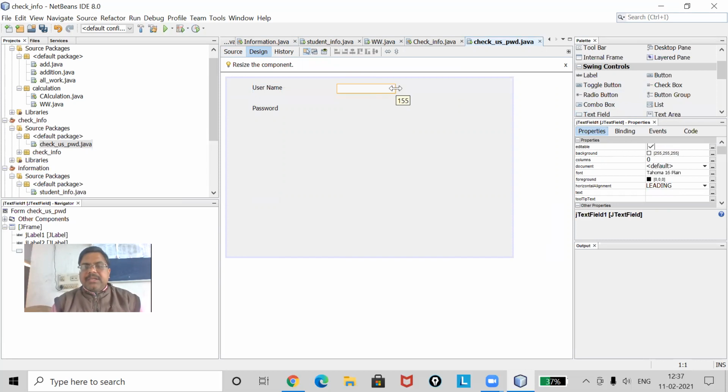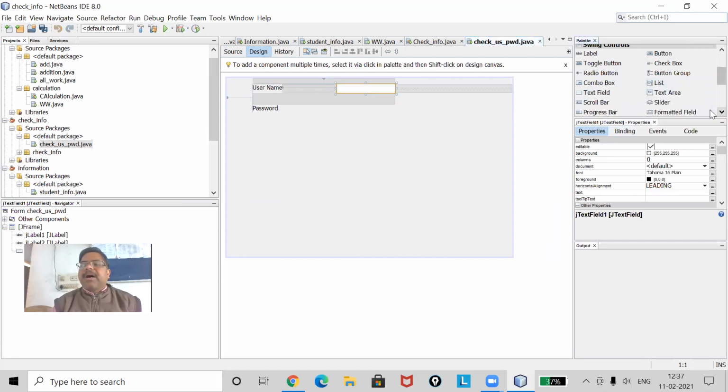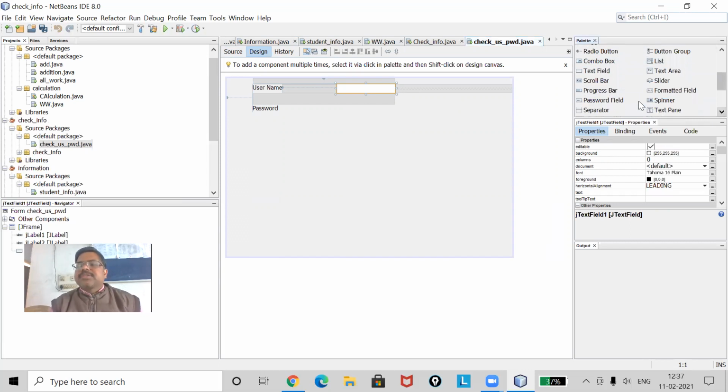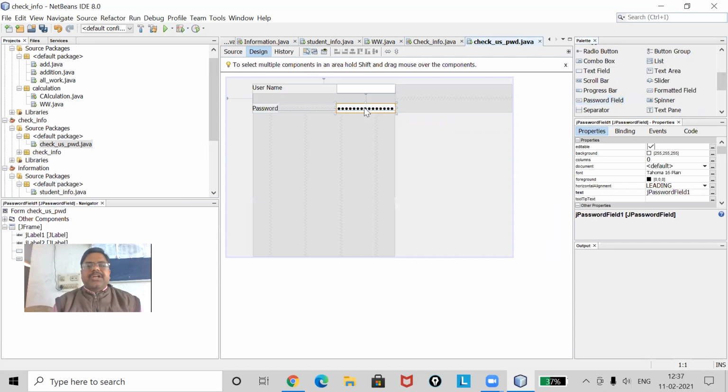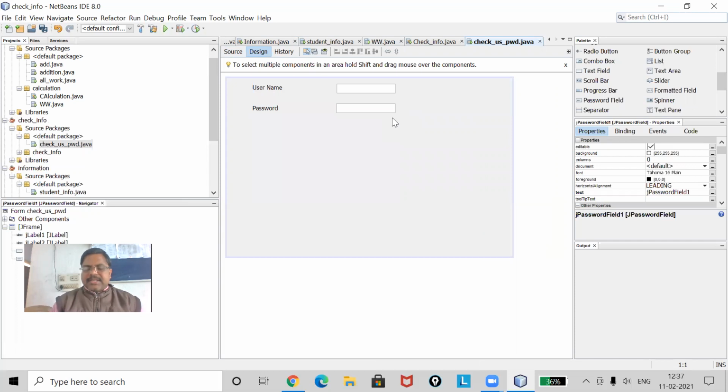Now I will take the next box, and that will be my password box. So I will take the password field and place the control on the form. I will remove this default text, because this information does not have to be entered.